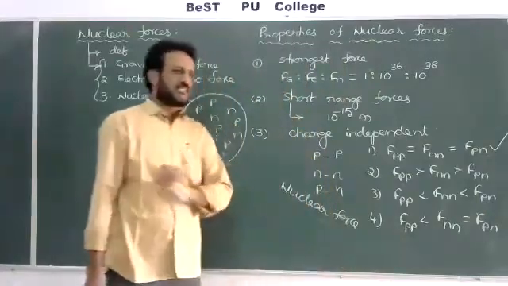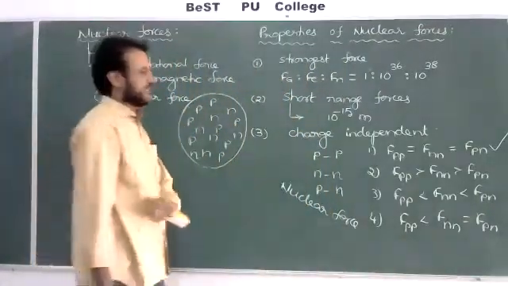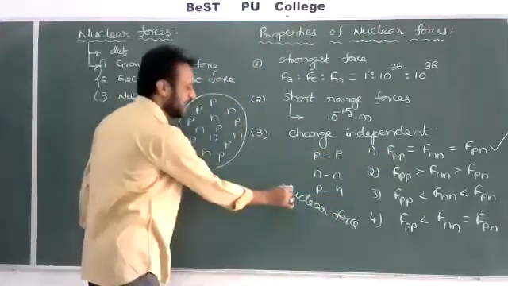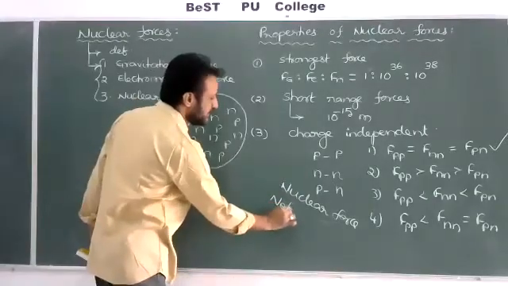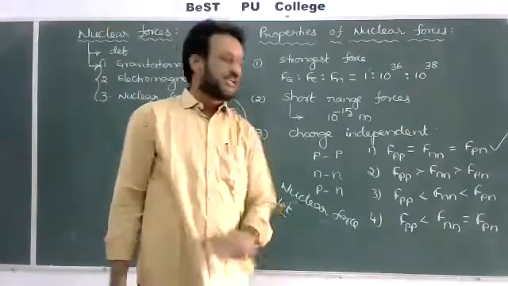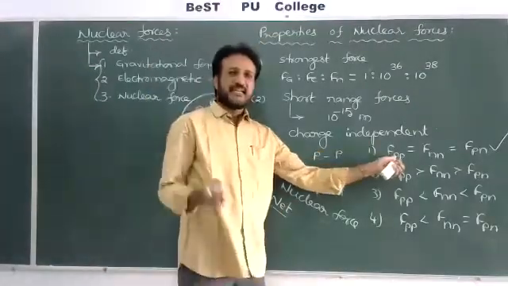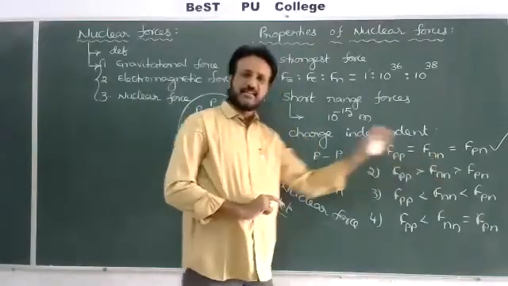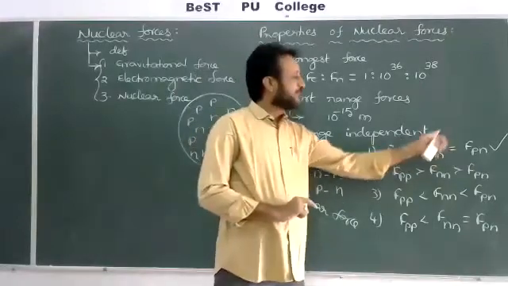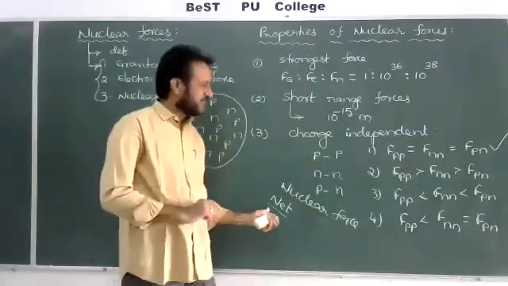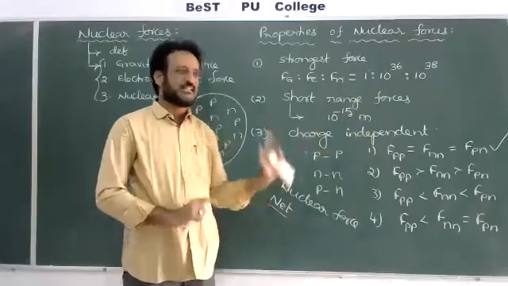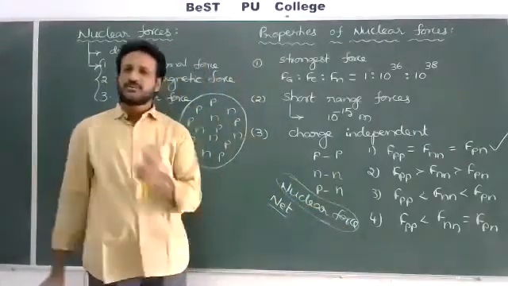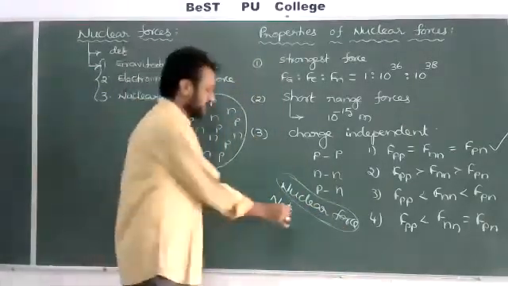Same question, check here. FPP is the net force. The word nuclear is replaced by another word, net force. It is also an important question at NEET or JEE level. FPP is the net force between protons. FNN is the net force between neutrons. FPN is the net force between the proton and neutron. Then which of the following options is correct? Observe these 2 words. In the first question they give nuclear force, but in the second question they are asking not nuclear force, net force. Then which option is correct?